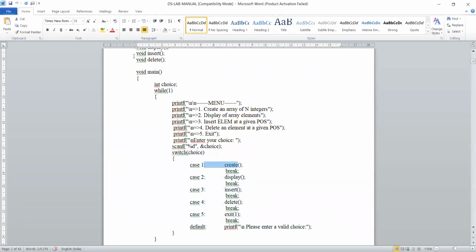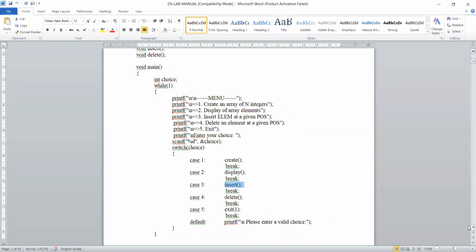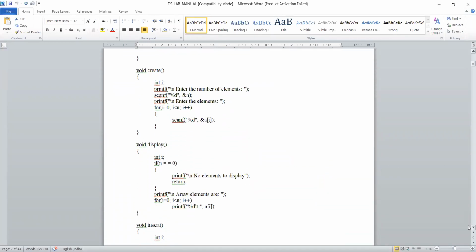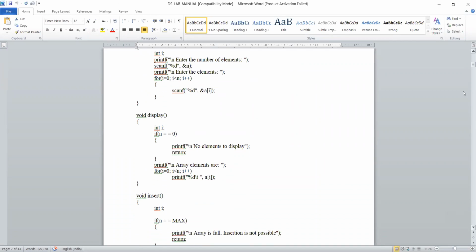Here, void insert, whatever we are seeing, is the function declaration. Here the function is being called. Which is the calling function? Main is the calling function. The called function is insert. When this insert is being called, the cursor or your compiler or operating system will move to the function definition.